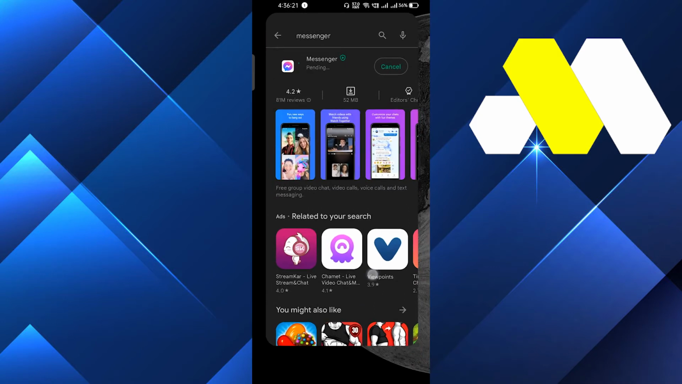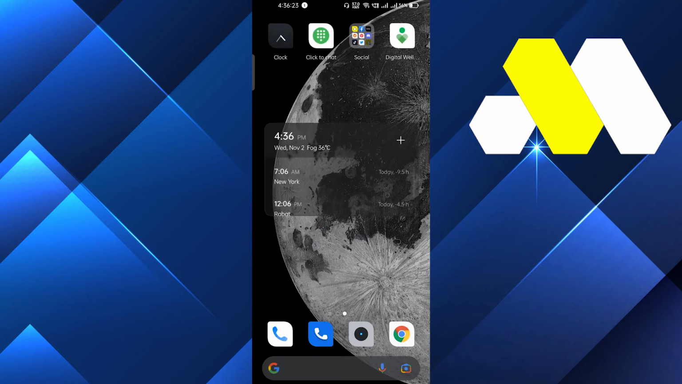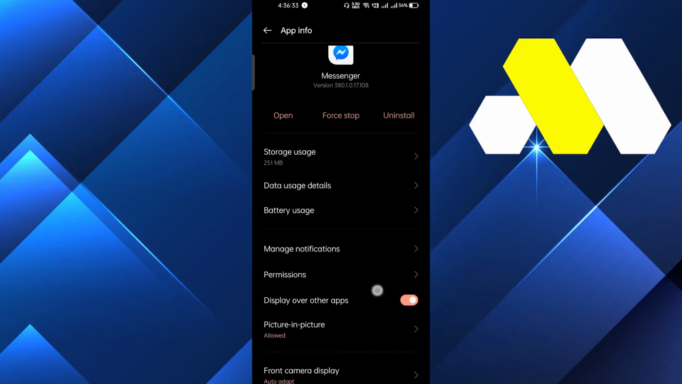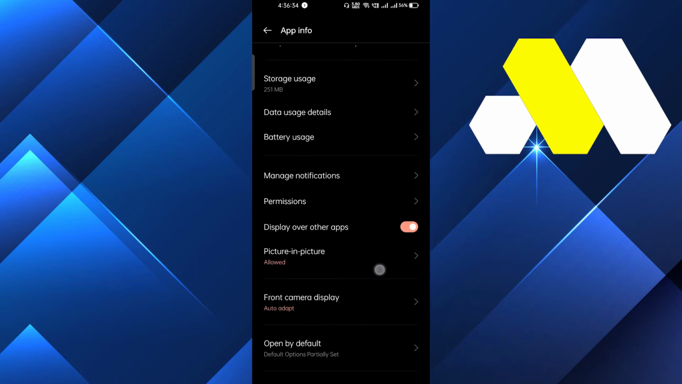Okay, and after updating the app, you have to go to the home, and let's say if I open this app and where is Messenger? Okay, it's here. So just click and hold and go to the app info. You can go from the settings too, and after that scroll a little bit and you can see here that